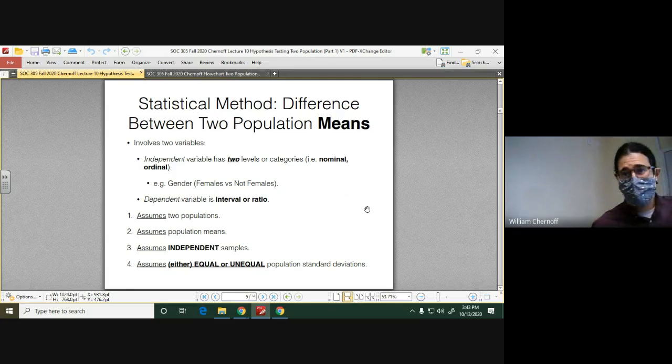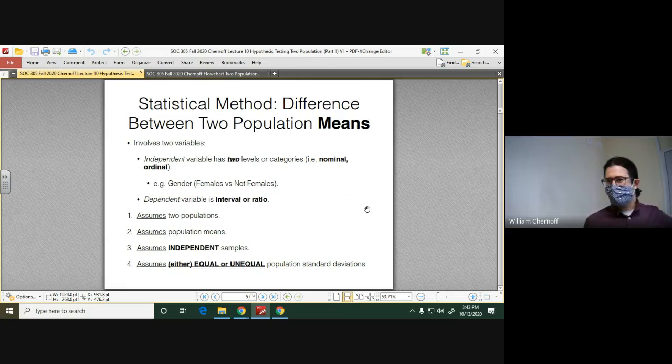So similar to the other methods we talked about, this method only works under certain conditions. This method works when we're interested in two variables. And we use the terms independent and dependent to talk about these variables. This is the scientific terminology that's used. What this is really doing is giving us a unified framework, a unified language. So if we talk to somebody in another social science, or in, say, biology or physics, then we can talk about independent and dependent variables, and we all know what we're talking about.